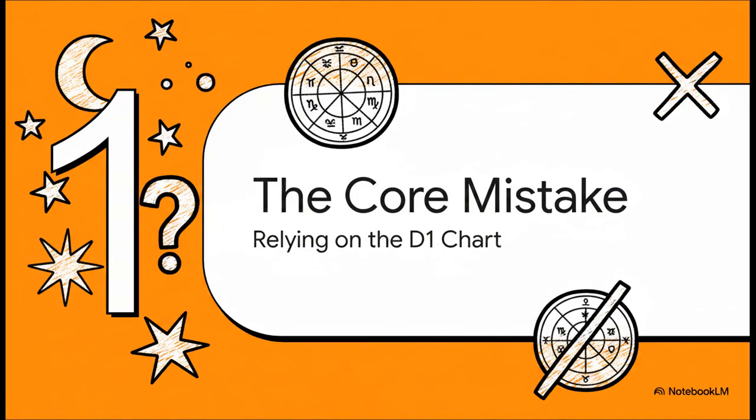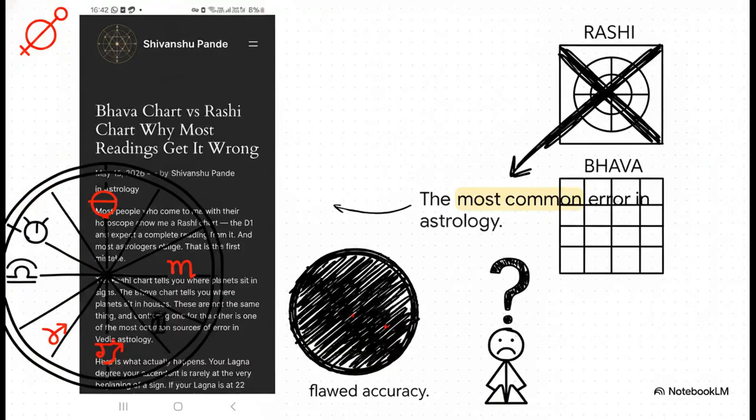All right, part 1. The core astrological mistake, which is relying only on the D1 chart. Pandey points out this massive, gaping blind spot. Most clients show up with just their Rashi chart, that's the D1, and they're expecting this flawless, incredibly detailed reading. And unfortunately, most astrologers just use default commercial software and try to oblige. This is exactly why Pandey insists on rigorous, traditional methods and his custom software instead of taking quick shortcuts. Because confusing these two charts literally ruins the accuracy of the reading right out of the gate.